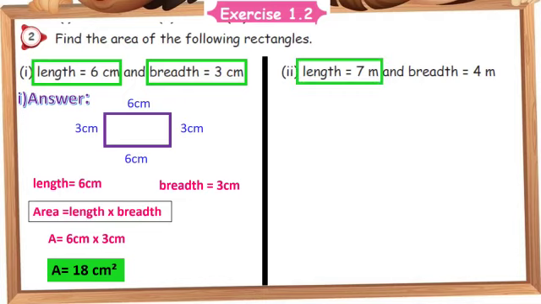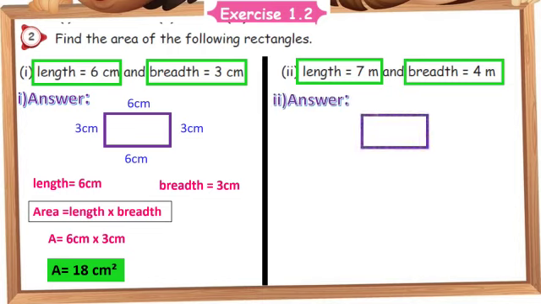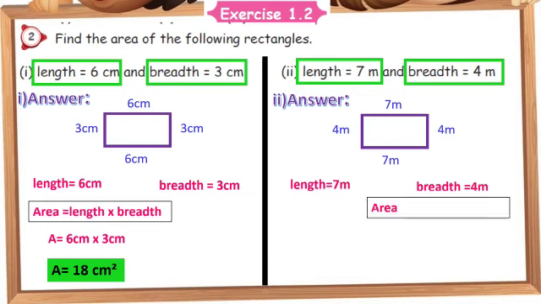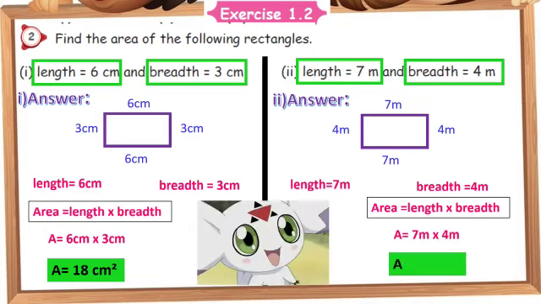Here the length is 7 meter and breadth 4 meter. Right? So as usual, draw one rectangle shape and then mark it as 7 meter as the length up and down and breadth 4 meter left and right. What are all the given portion that you need to write. So after answer you have to follow all those steps. So breadth 4 meter, then area equal to length into breadth or side into side. That's equal to 7 meter into 4 meter. So 7 4s are 28. So 28 meter square.